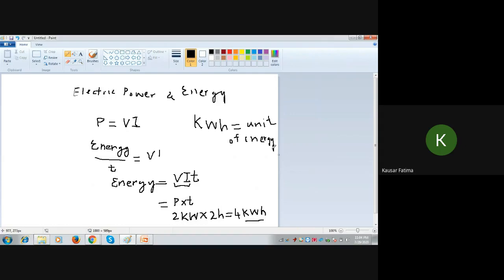And using this, we can calculate the cost of using any appliance. So when we use any appliance and the power is big, for example,